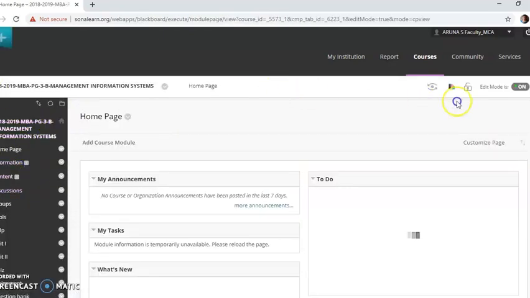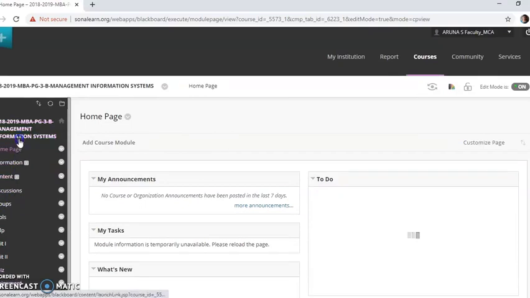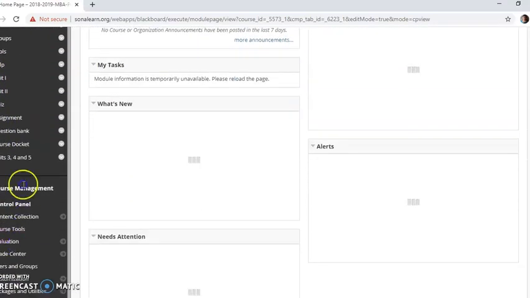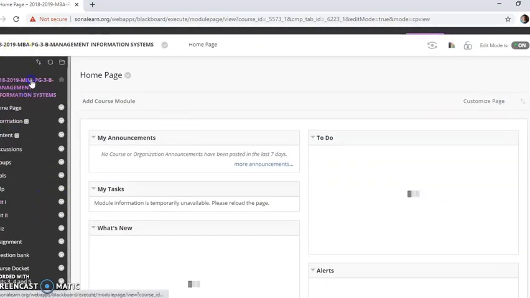Inside this content area, inside the home page, you can see two sections. One is the content creation section and the other one is the content management section. Under this content creation, I am selecting this content in order to upload the course materials.